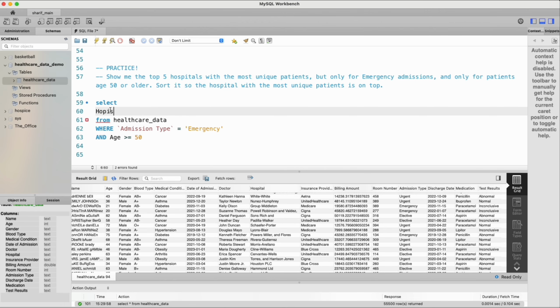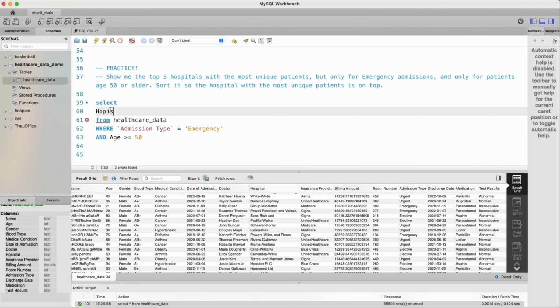And I'm going to show you something new that I'll be going over in a future video, but I'm going to show you alias. So by typing as, I can do an alias for this name column here. And what an alias does is that it's a temporary name assigned to a table, column, or an expression within a query. And the fun part about this, you can name it anything that you want. So for this, I'm just going to name it unique patient 50 plus, so we remember what it's being used for. And then I'm just going to group by,